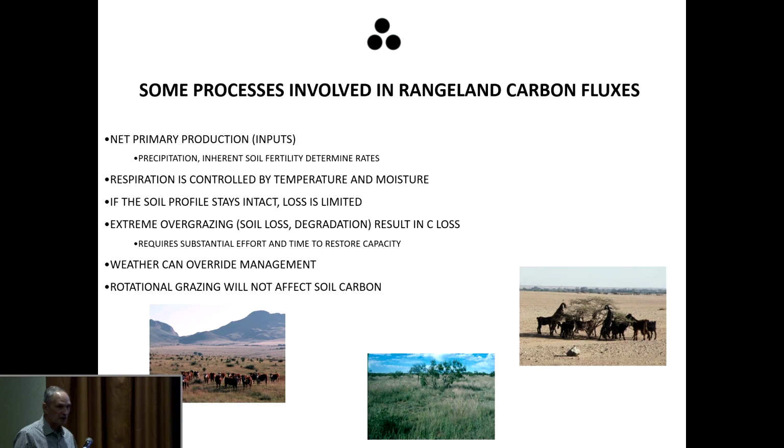And in almost every case that we've looked at experimentally, observationally, weather overrides management on rangeland, because we don't use a lot of soil disturbance, we don't use irrigation, we don't use nutrient additions. Weather is driving this thing, temperature and precipitation. And thanks to the first presentation, we know a lot about where that's headed.